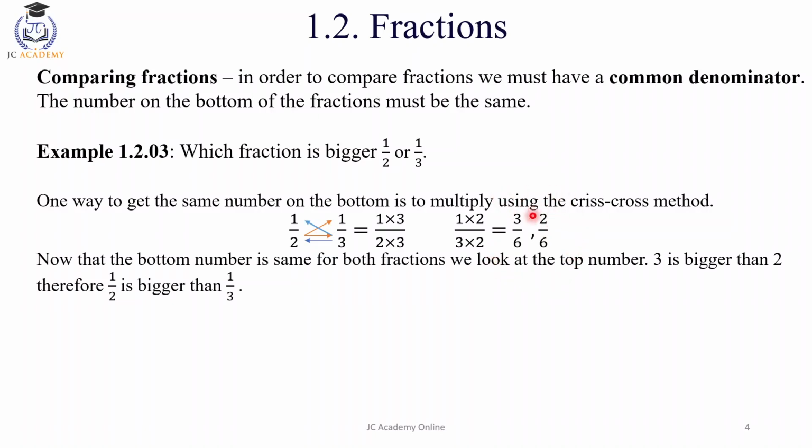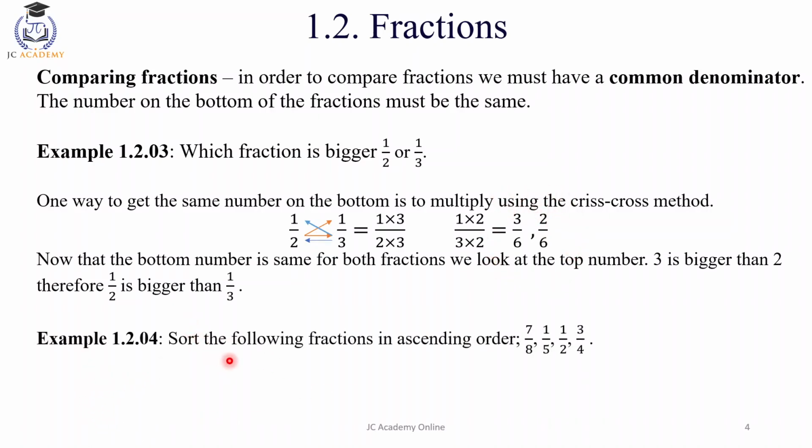Okay, we just look at the top numbers. Let's look at another example. Sort the following fractions in ascending order. What ascending order means is from the smallest to the largest. So we need to sort these four fractions. We need to find which one's the smallest, and then